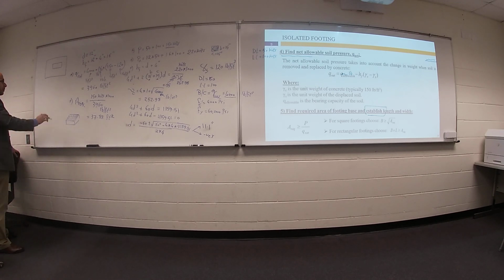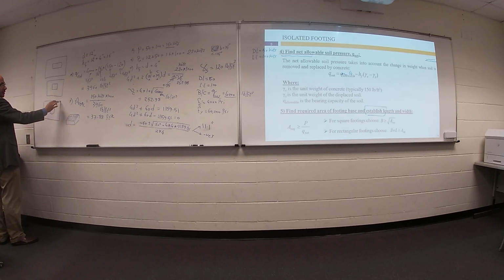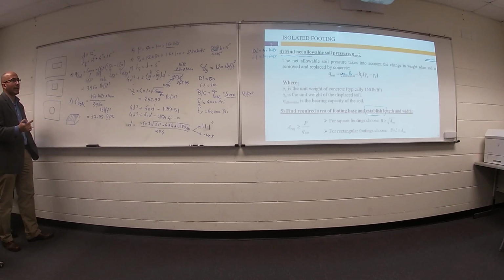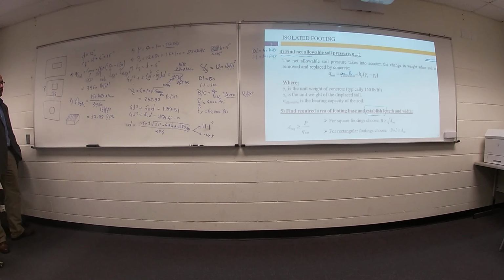If your column is square, your footing will be square. If your column is circular, we recommend circular footing, but we cannot construct it, so we recommend square footing. I believe your column 50 times 50 is a square, so I will choose square footing